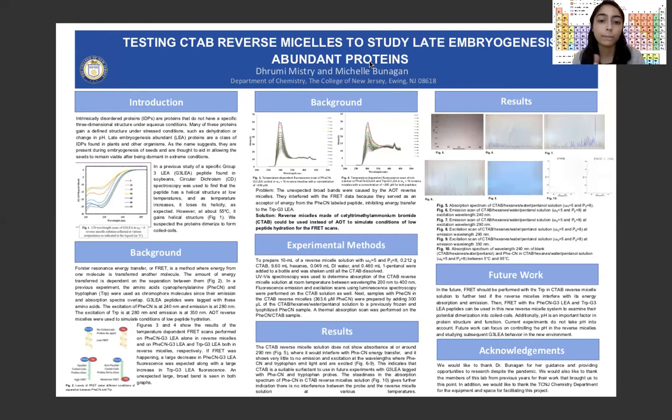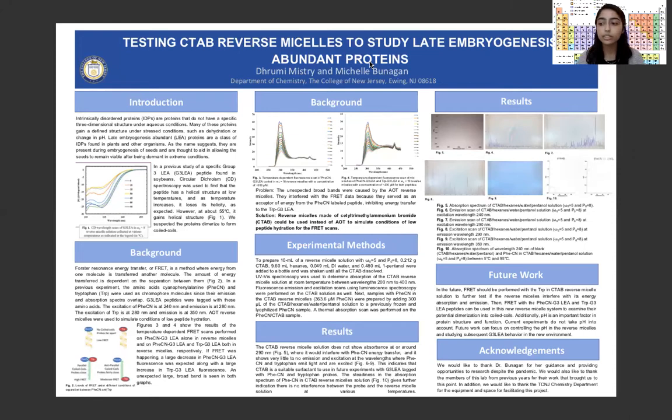So for my reverse micelles, the CTAB reverse micelles, we performed scans to ensure that it did not absorb and emit at the same wavelengths that FCN and TRP do, so that it would not interfere. So to do that, we use UV spectroscopy to determine the absorption spectrum, and we use luminescence spectroscopy to determine the fluorescence emission and excitation of the